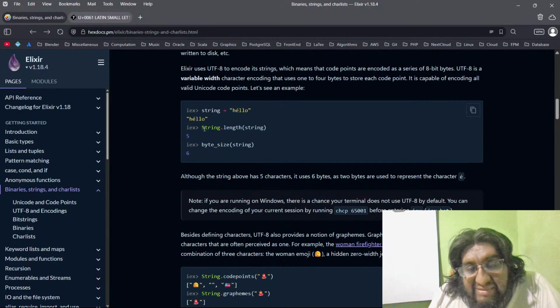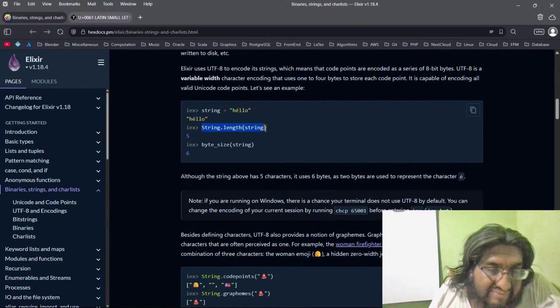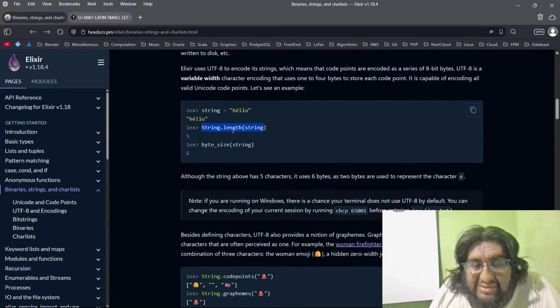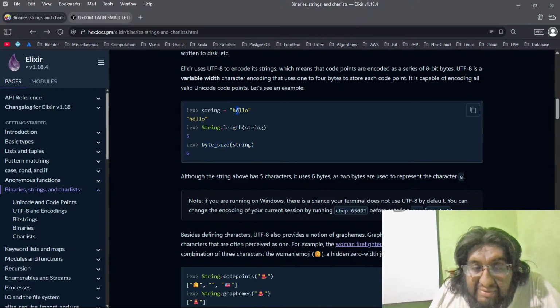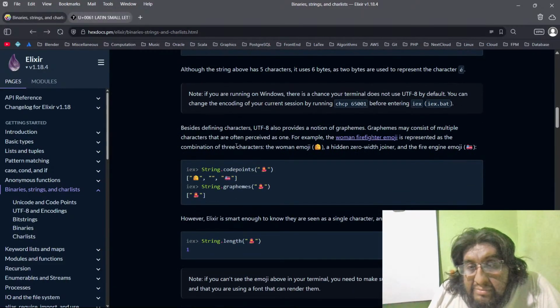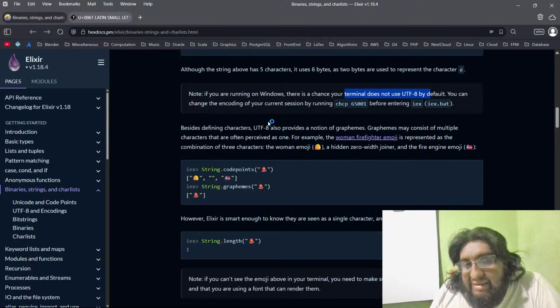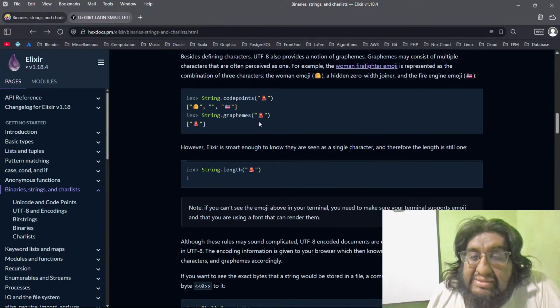Again, we saw this at the beginning of our first live session. So the length of the string is 5, hello. So the byte size is 6. Why? Because this requires 6 bytes. And it says something about if you are running Elixir in some other operating system,